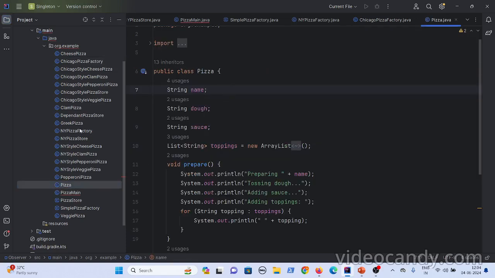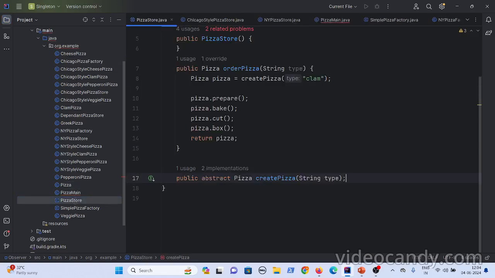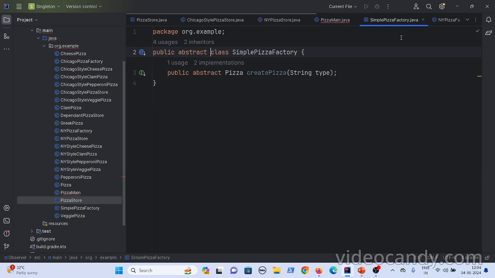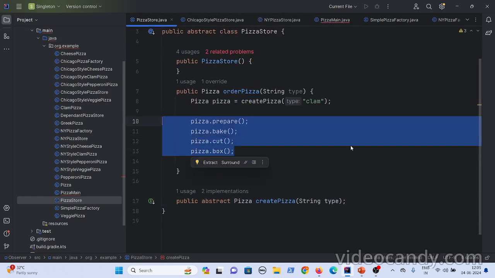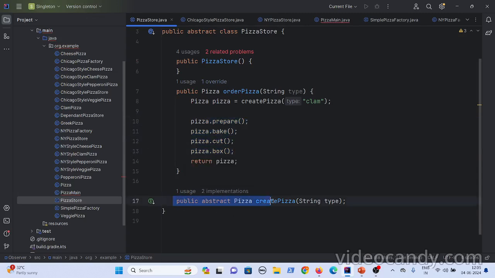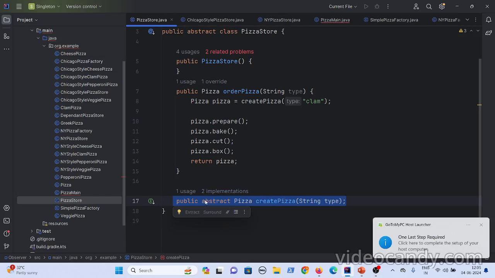And then what you have done is, you went to your pizza store class, you tried to add these simple factories, but that did not work because the implementation logic is not extensible, right? This is not changeable, you cannot modify it. That's why you declare this creation logic as abstract. This is a factory method. Okay, so the factory method always has this abstract, and then if you see, this can be parameterized or not parameterized.